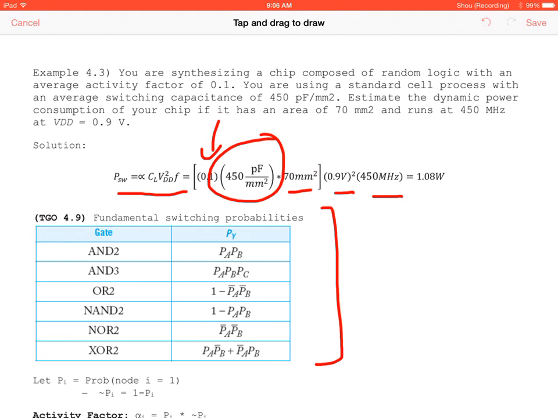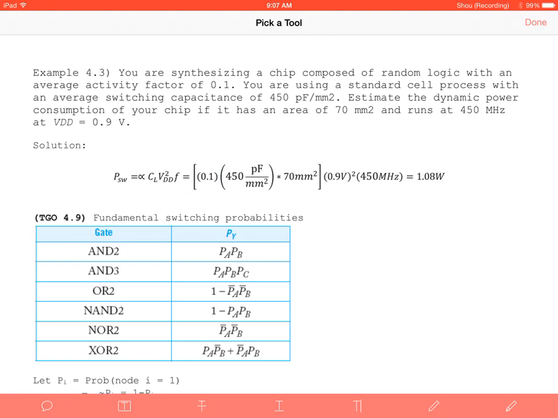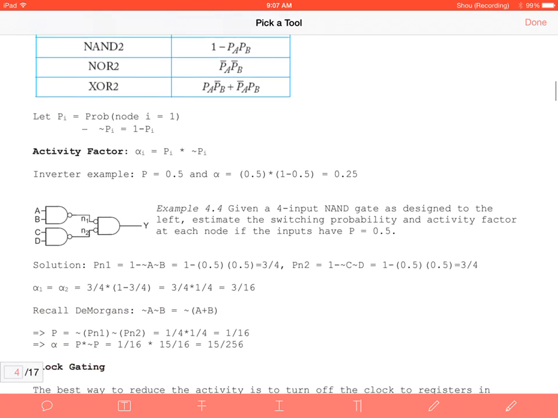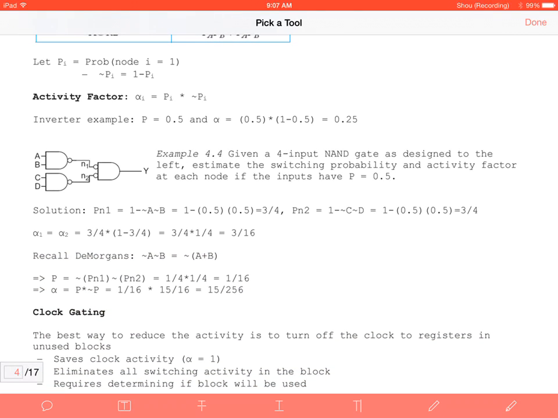Now, we also calculated switching probabilities. This is important because it allows us to calculate activity factors and ultimately power consumption. So we did this problem where we have 2 NAND gates and an AND gate with 2 inputs. They're negated. We are able to use De Morgan's law to take that down to a 2-input NOR gate on the end. Using those probabilities, we're able to calculate the switching factor, which was 3/16. And from there, we were able to calculate the actual activity factor, and that activity factor directly relates to the